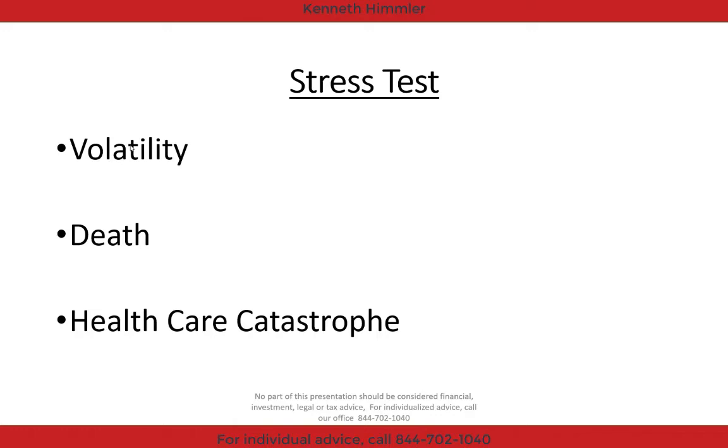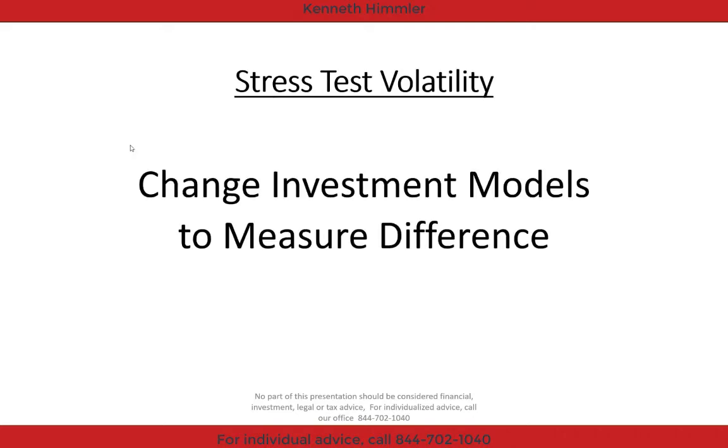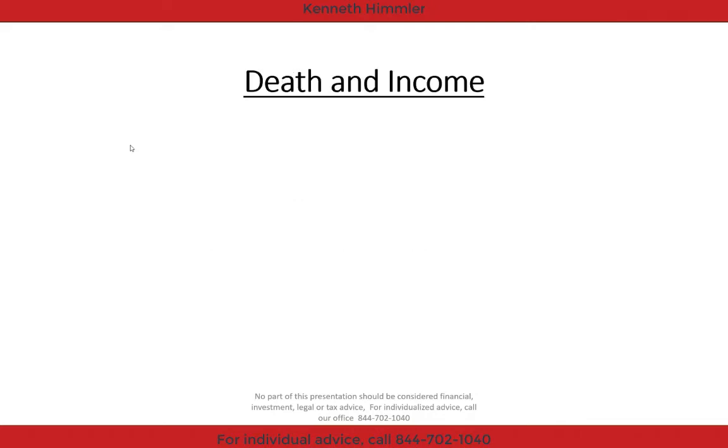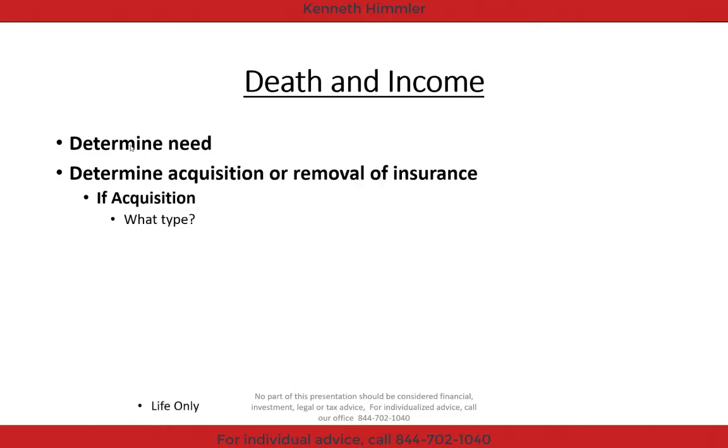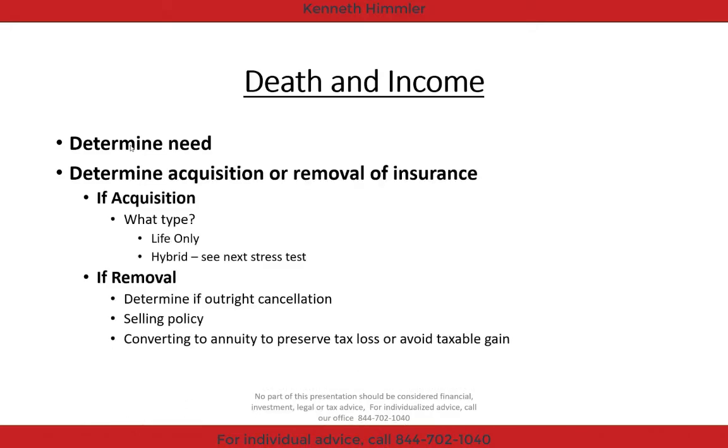What would it look like if a person had to go into a nursing home at an extra $78,000 to $100,000 a year? What we're going to then do is change the investment models and measure the difference, which I just showed you. When it comes to the death benefits, first we're going to determine the need. The reason I threw that $1 million in there at the beginning is so you can see